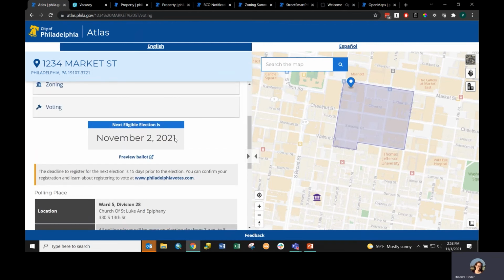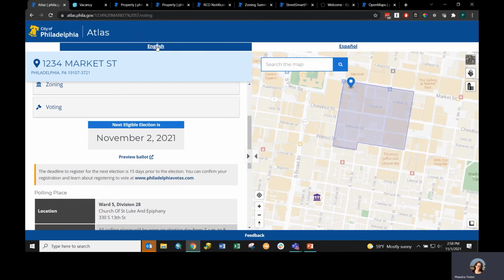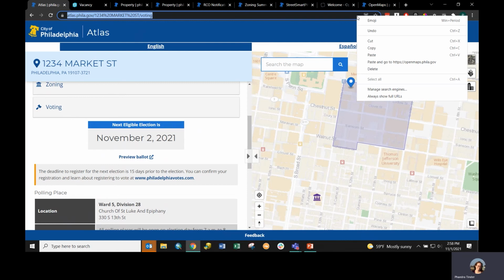This specific tab, because voting information is required to be provided in English and Spanish, is directly translated into Spanish here. If either you or someone you're working with wants to translate any website into a language other than English,